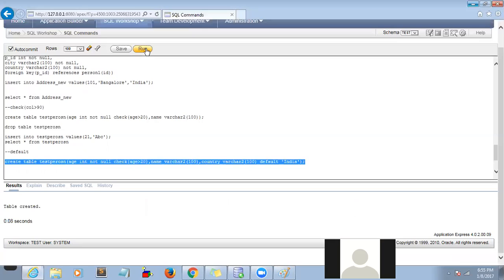Okay. So now the table is created, correct? Now let me insert the data into test person. I am going to insert the data only for the first two columns, correct? Right. So the last column I don't want to insert. In that case, you have to specify the column names. As long as you are providing the value for all the columns, you need not specify the column names. If you are entering the value only for some columns, if you are missing some values in this list, then you have to specify the